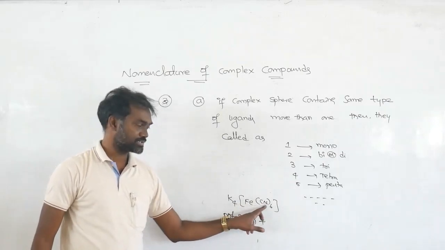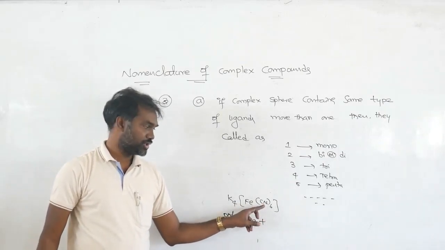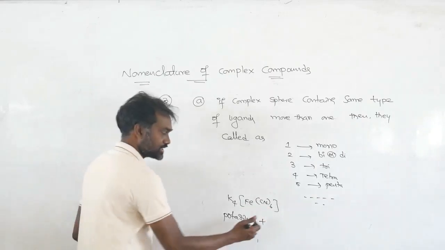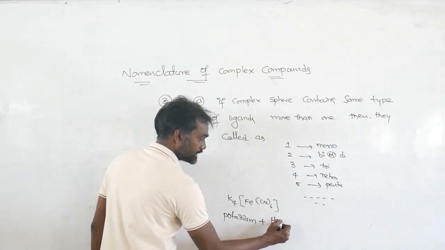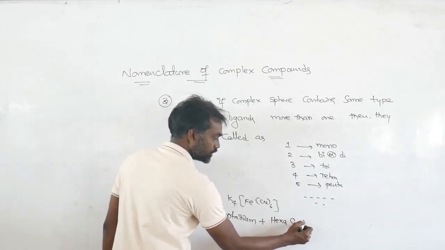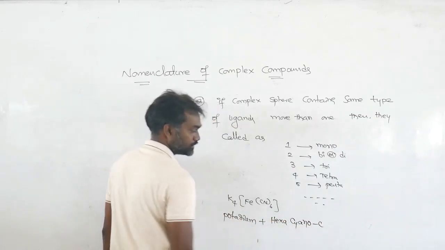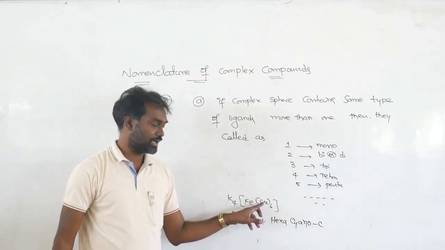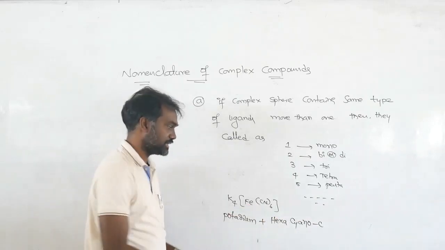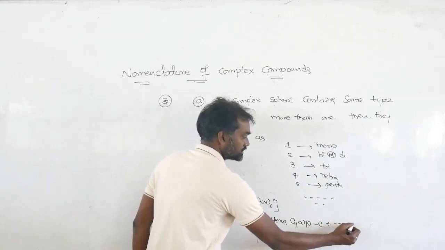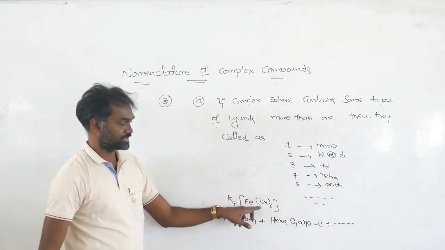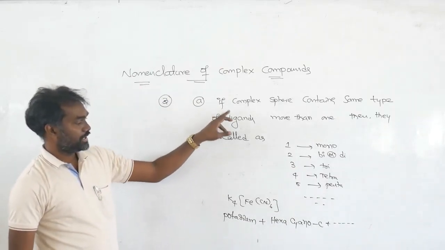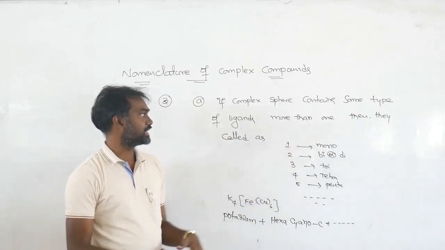In the complex, first we discuss the ligands. The same type of ligands, how many are there? 6 are there. That's why you write hexa, cyano-C. We already discussed the ambidentate ligand; here cyanide is a carbon-donor ligand only. Next, another point we are going to discuss. If it is monodentate ligands only.